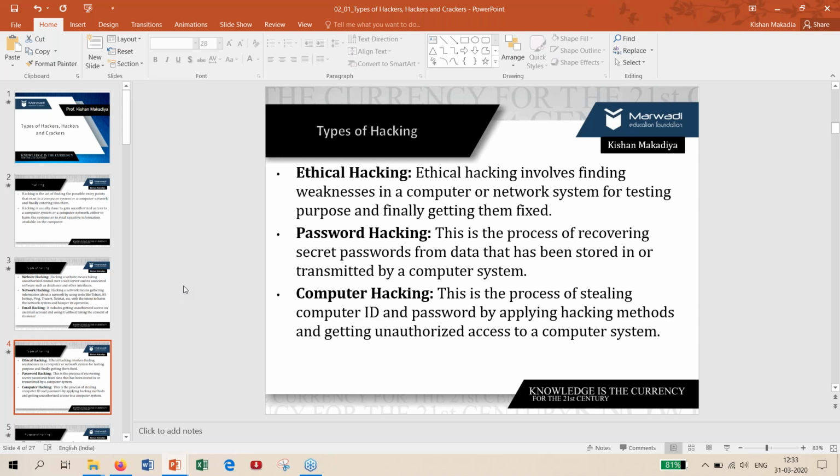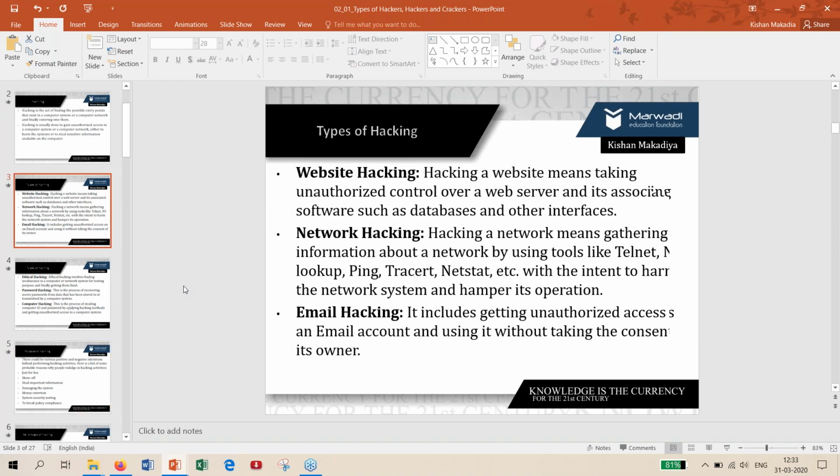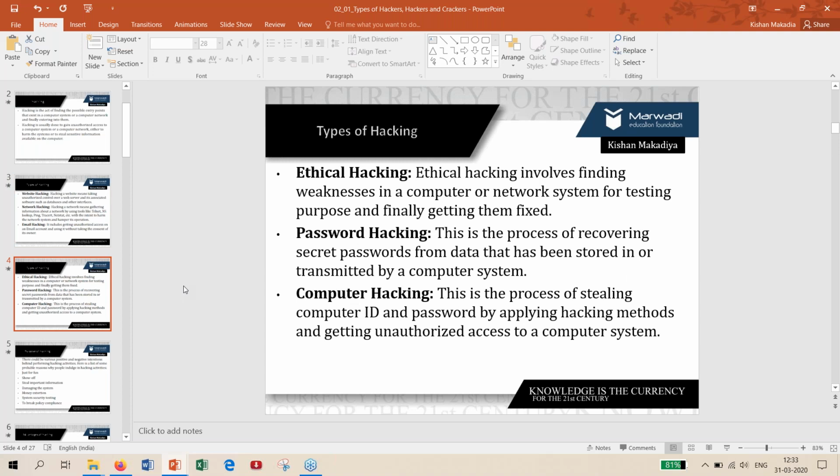So these are the main types, the different categories of actual hacking. It might be website-related, network-related, or targeted at email groups. Also, government ethical hacking has certification courses that give a level of knowledge as a hacking term. Then password cracking means you crack a particular system's user ID and password. The last is the general term of hacking.